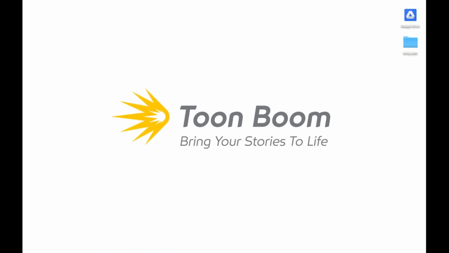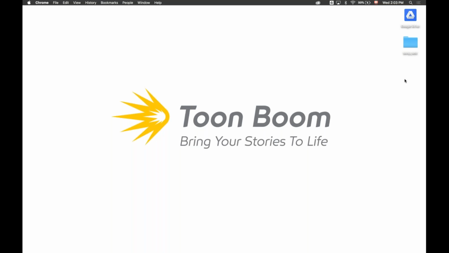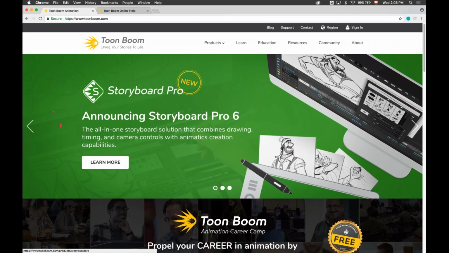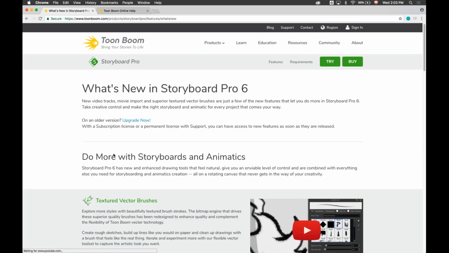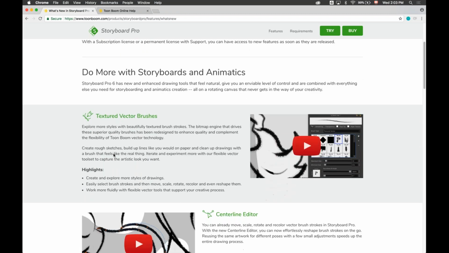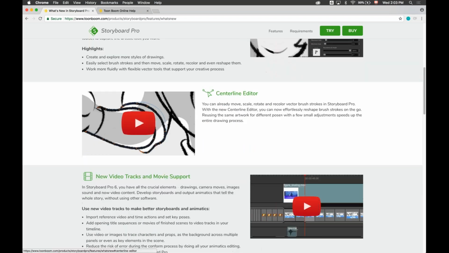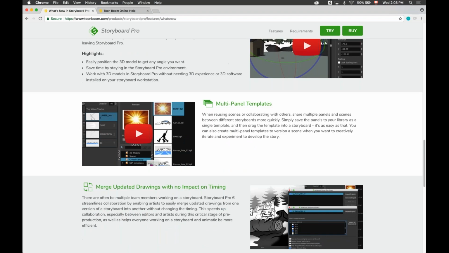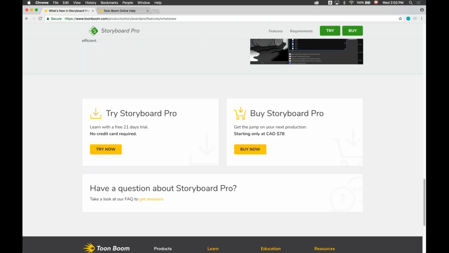But before we get to that, we're just going to look at what we have available online for our users. We have an extensive web page and a documentation page as well. If we go to our homepage, as you can see here, we've updated a lot of the content we have there. If you click on the Learn More button or the Storyboard Pro icon, you'll get to see what new features there are. Marc-Andre did something really neat in this release as well. He added short videos to explain what each new feature does. Now, of course, there's more than 6 to 7 features that we have laid out here, but these are the top features in this release.